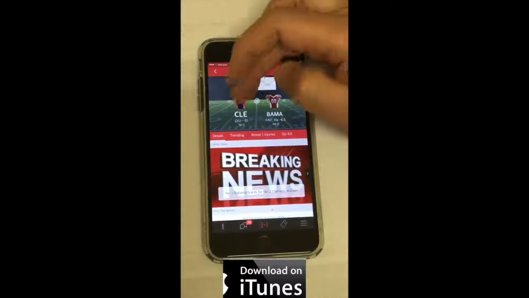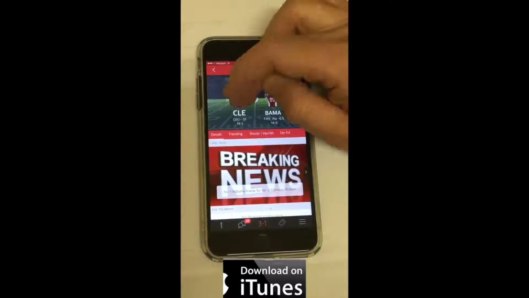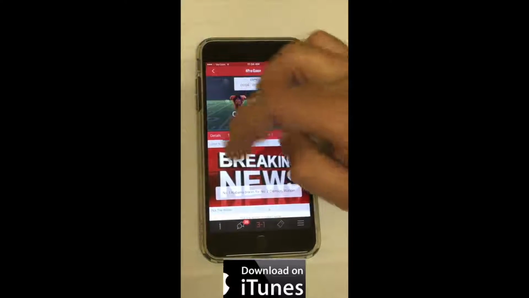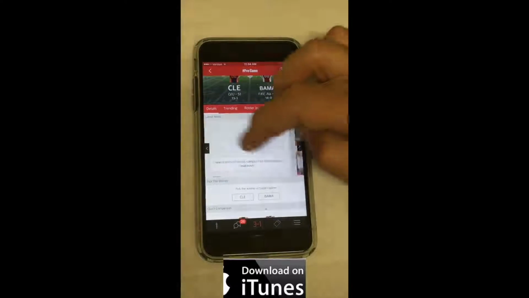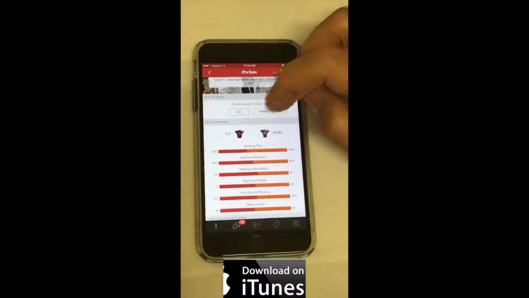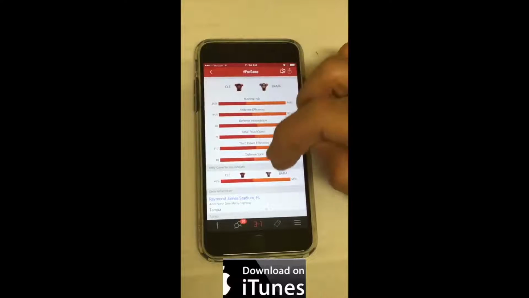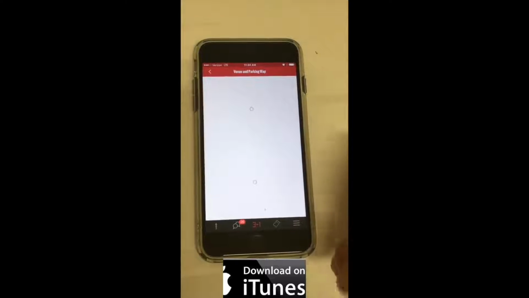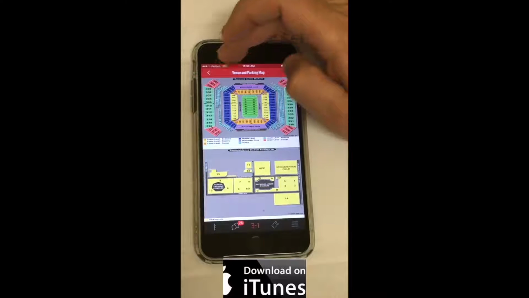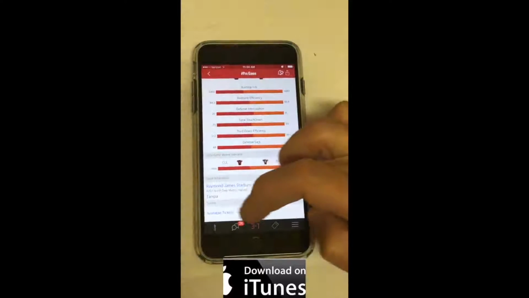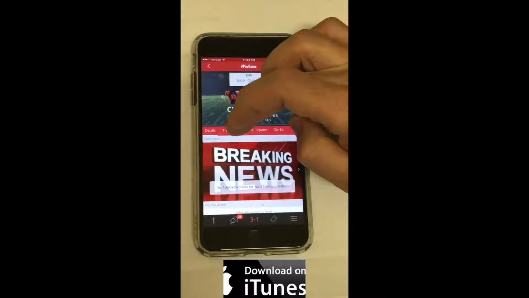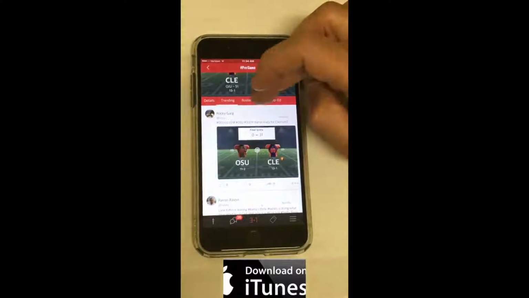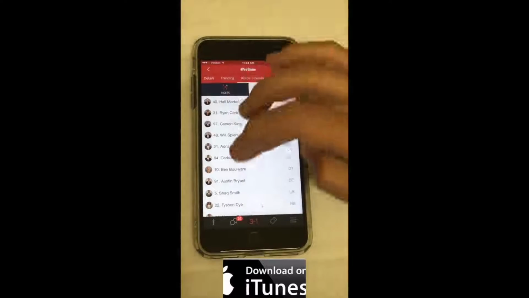Or again, I can go into team pages also from this specific game page. This is the details of the game, the latest news, who's gonna win the game. I say Bama. Comparison of the games, the actual seating charts, and the stadium maps, and if there are any tickets available specifically for this game. It's again details of the game, what is trending about this game on the timeline, rosters and injuries between both teams,